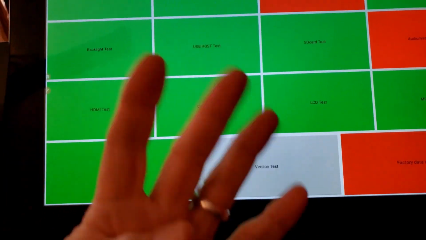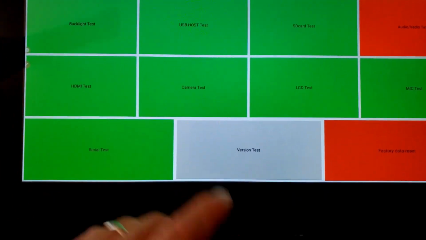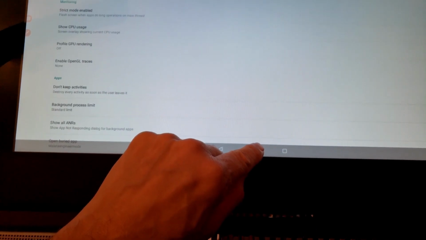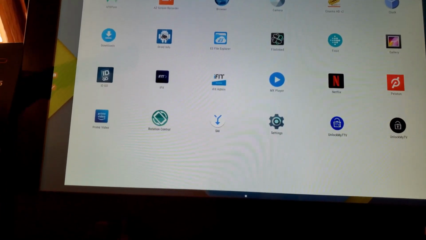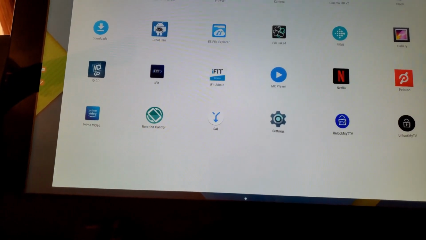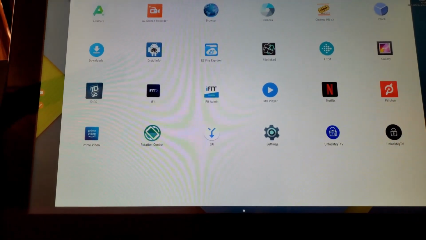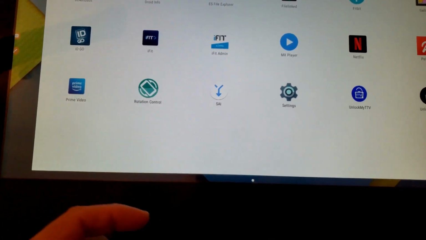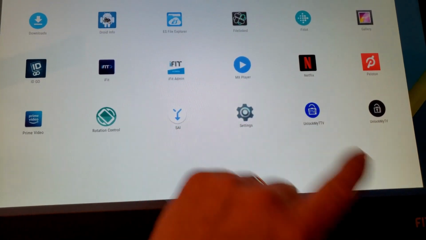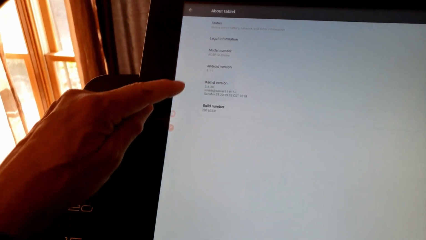All right, now for the fourth thing that you didn't realize was on your machine. First thing, we'll swipe up and get out of this. And let's get out of developer mode. Okay, on to the fourth thing that you didn't realize was on your NordicTrack Studio Cycle, your treadmill, your incline trainer, your rower, your elliptical. In order to show you that, I'm going to go to Settings, About Tablet, and you see where it says